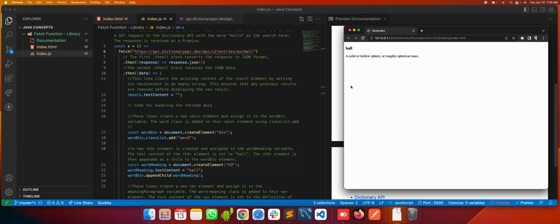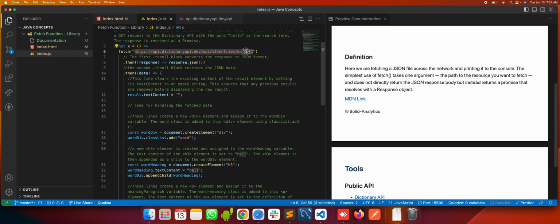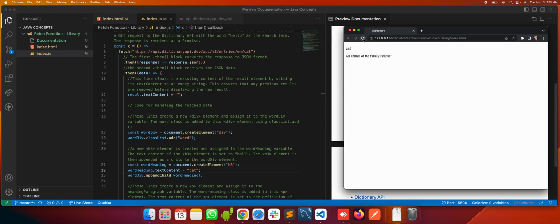Does it work? Yes, it does. A ball, a solid or roughly spherical mass. Whatever information you put here, it will simply change. Let's say cat, and let's put cat here again. And let's call it. It's working. Cat, an animal of the family Felidae.